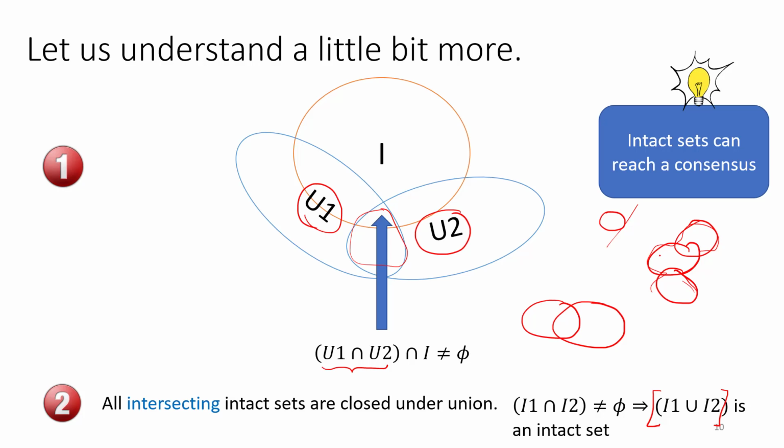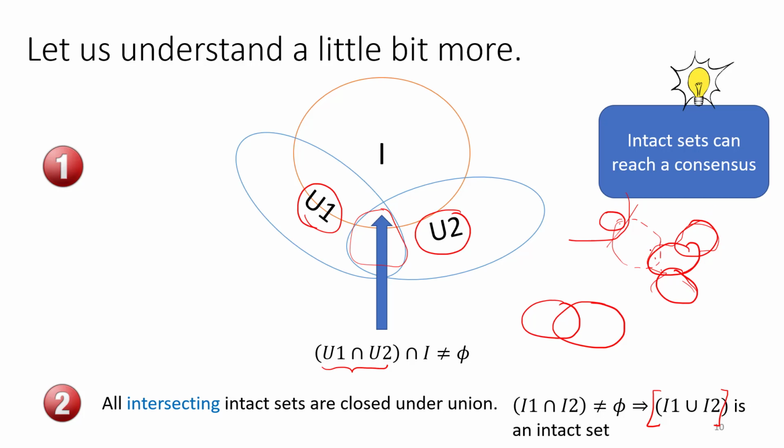So that is when this is totally cut off, because what we also get to see is that, by the first theorem over here, let us assume that there is some other intact set like this, such that there is an intersection here and an intersection here. So what we then see is that the intersection of these two quorums over here has to be non-null. So that part is clear, that these two have to intersect, and if they intersect, the intact set will further grow. So that's the reason either you have a separate kind of disconnected component over here, which does not intersect any intact set.